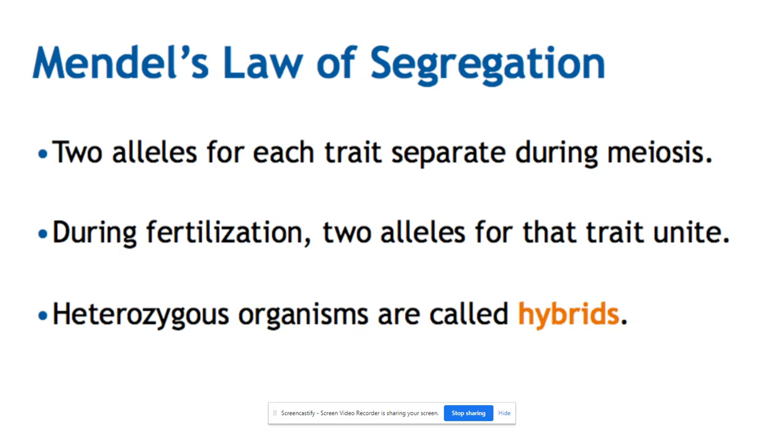We have Mendel's law of segregation. 2 alleles for each trait separate during meiosis. At this point, we're talking about meiosis 2. We're in anaphase. Those chromosomes, those bits are pulling apart. So during fertilization, 2 alleles for that